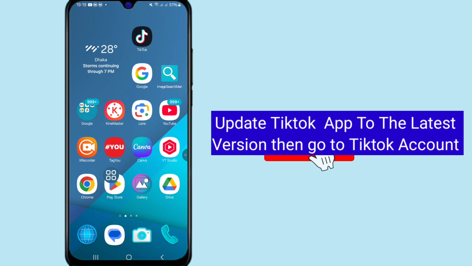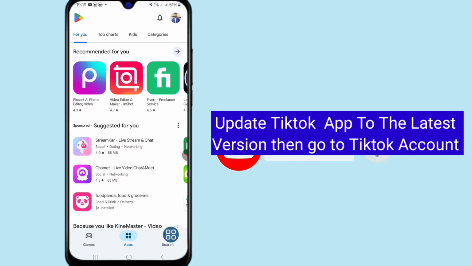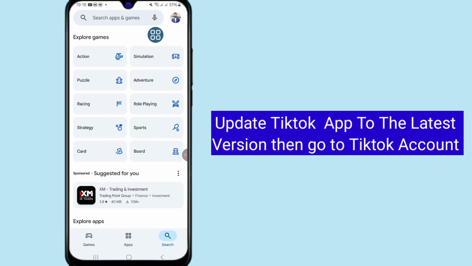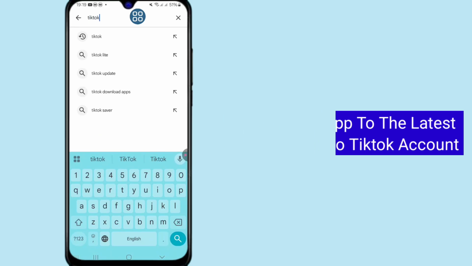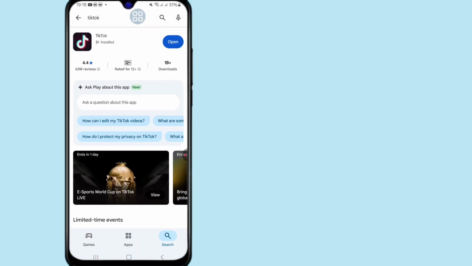So just tap on Play Store and search here. Just write TikTok and then search. If your TikTok app is already updated, then open it here